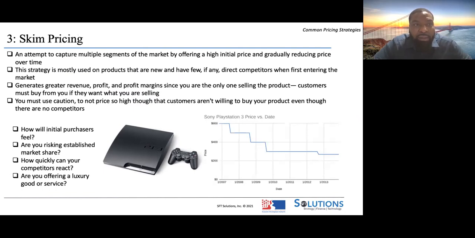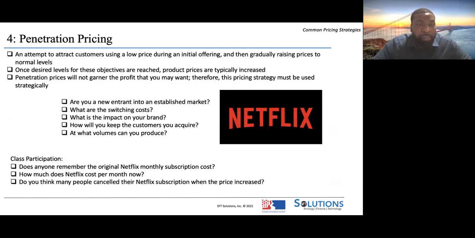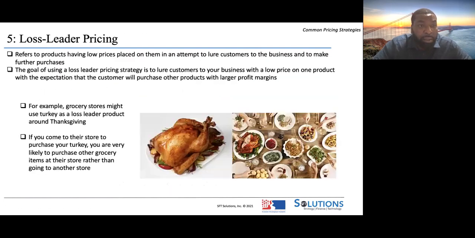There's some background noise. I would say skim pricing would work at something like Carnival, where it's a day event and you are selling food. Maybe you start off with your price real high in the morning, and as the crowd subsides, you lower your pricing. Penetration pricing: if you're a new restaurant, you have to entice customers to come to your store, so you could start with a low price and gradually raise your prices over time.